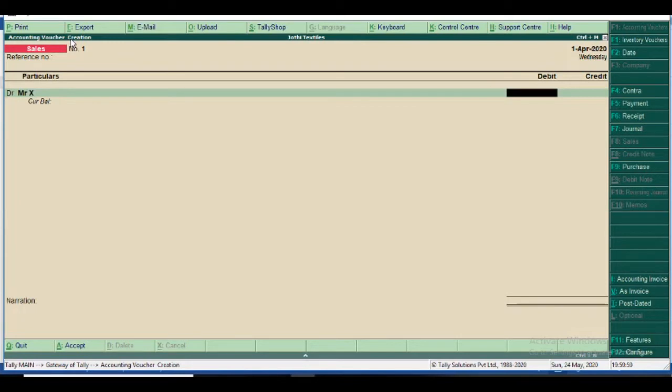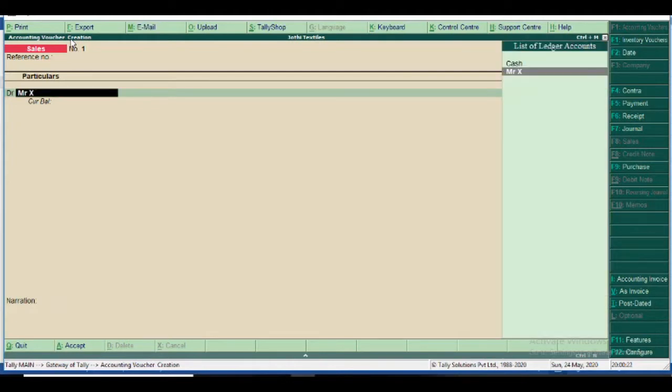I leave it blank in the amount column, but it does not move, because if I want to give a sample to a customer or buy from a supplier, I must enable the option allow zero value entry. Now I don't need Mr. X because our transaction with Mr. X has not happened.